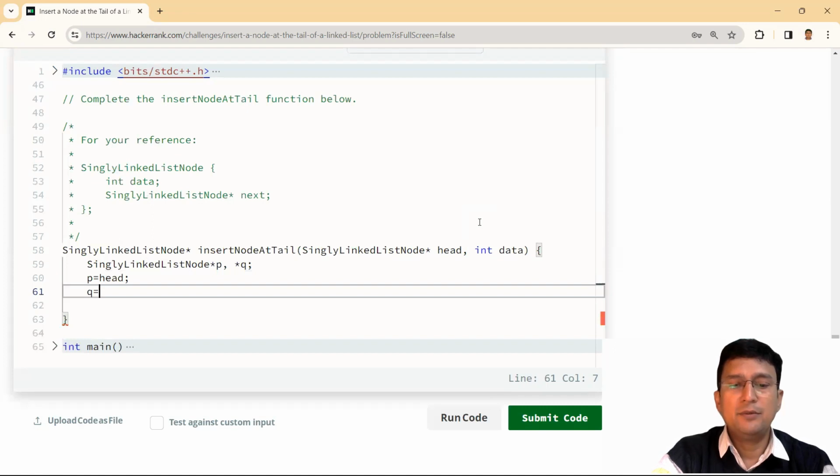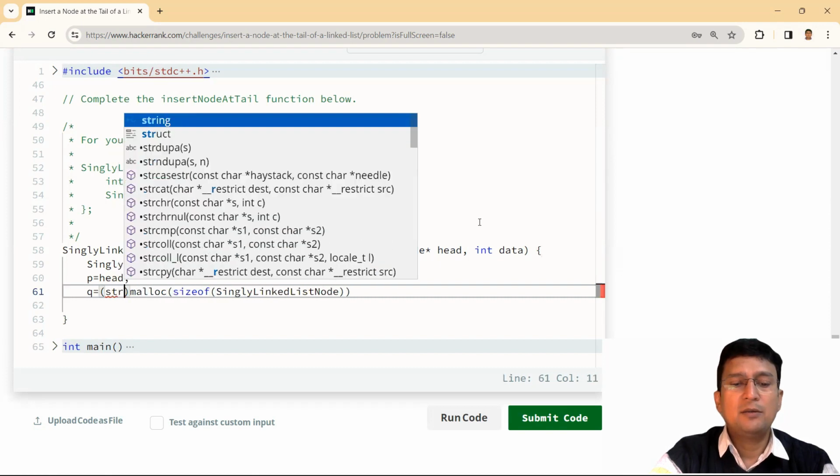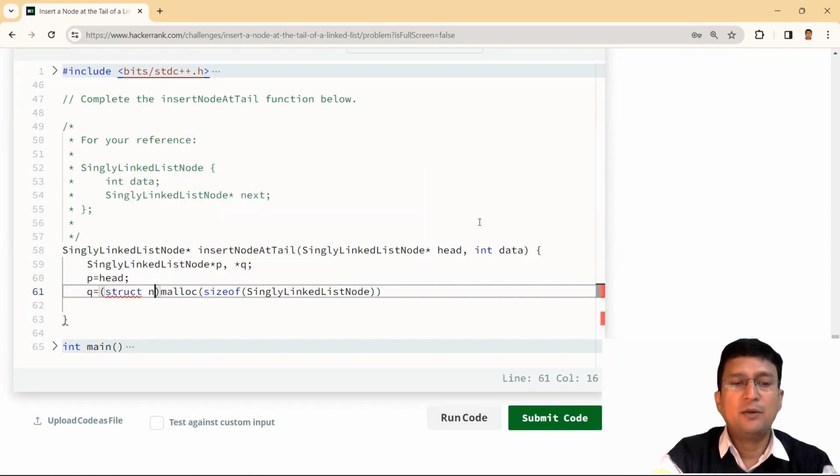For creation of the new node, I can use the function malloc. I will create the node of the size of the given node. And whenever I create memory through malloc, any pointer can point at that location.